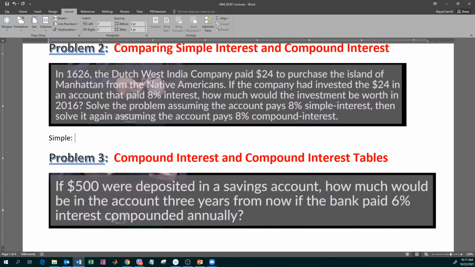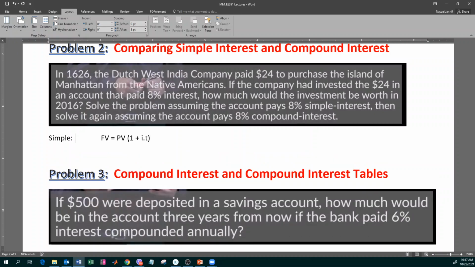All right, simple. So what is it asking for? How much would the investment be worth? So it's asking us for the future value. Future value is equal to present value, for simple interest, present value into 1 plus I times T. Is that correct? Can somebody help me here? All right, so what do we get, guys? What is our present value? Present value was $24. $24 multiplied by 1 plus I, which is 0.08,